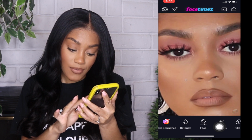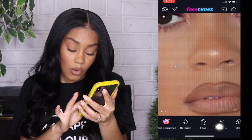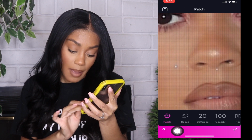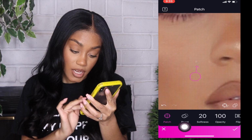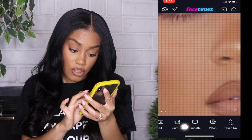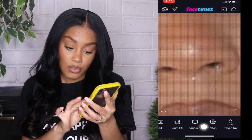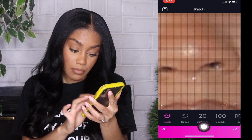Oh God, I have glitter everywhere. Great. Okay. So I'm gonna zoom all the way in, and I'm gonna get these two little glitter dots off my face. So I'm gonna go to patch, right? You go to patch, and you click on the spot, and then you drag it to another spot. Boom. So it didn't get rid of it a lot, but you could do that multiple times and it'll get rid of it. And you wanna make sure you're using patch in small sections,